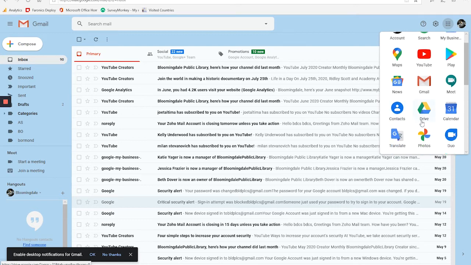And they have some other tools like Duo, which is for video calls. Photos we're going to come back to later on. The Play Store is where you would purchase things, whether it's songs, movies, or apps that you might want to use. And then finally, Drive. Drive is what we're going to focus on for today, although as I mentioned, we'll come back to photos a little bit later. When I open up Drive,